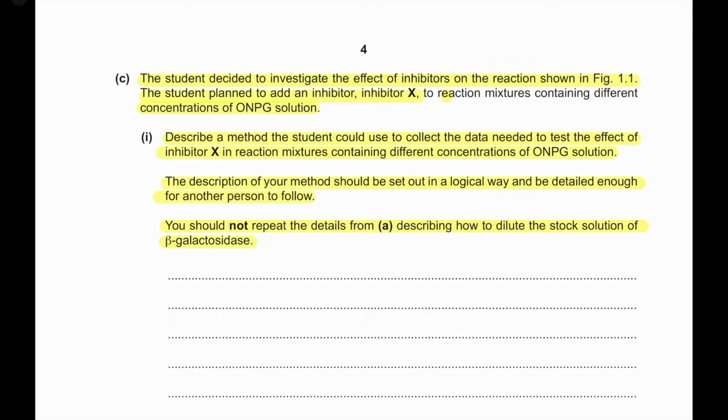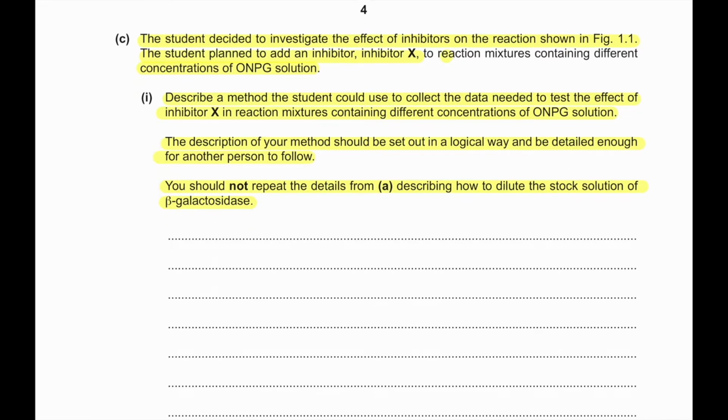When performing an experiment like this, first of all, because the question tells us that we have to prepare different concentrations of ONPG solution,